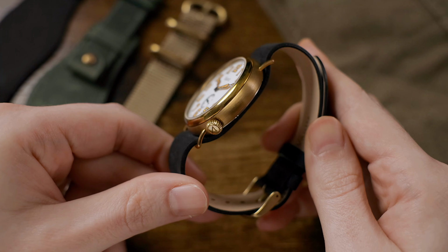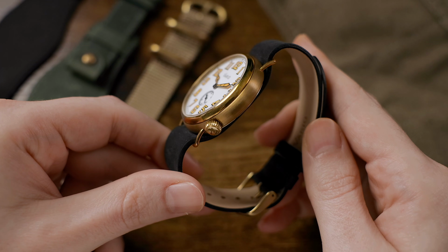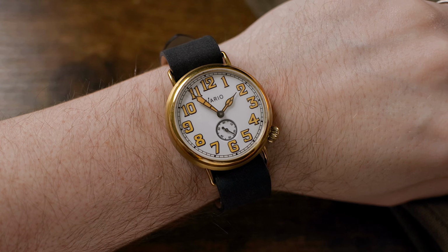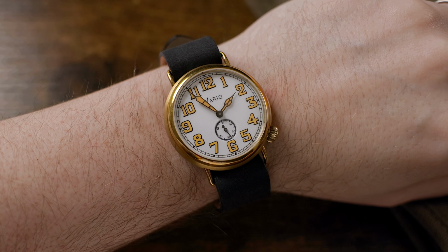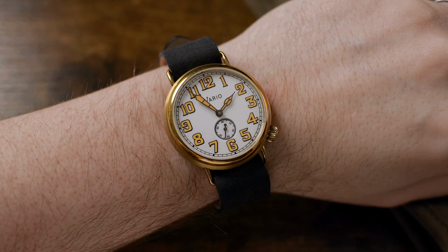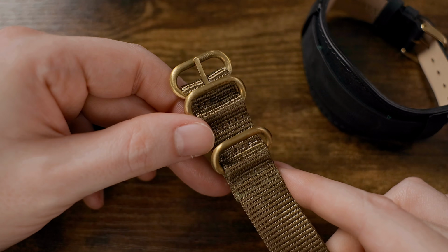Now, Vario did send me a few straps to try with this watch, including a black leather single pass style strap, which is probably the strap that I prefer the most for this one. The quality is really good, and the fit on the wrist is absolutely comfortable, if not just a tad long for me, but not so long as to be a problem. However, I would like it just a hair shorter in overall length if I had it my way, but that's a very minor complaint. They also sent a single pass canvas style strap with matching brass hardware,